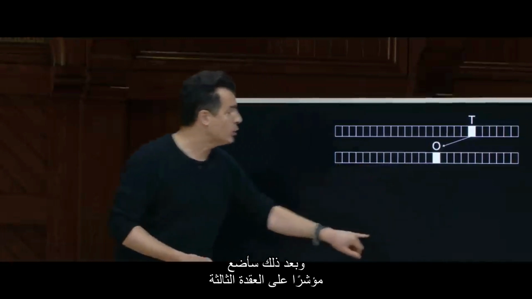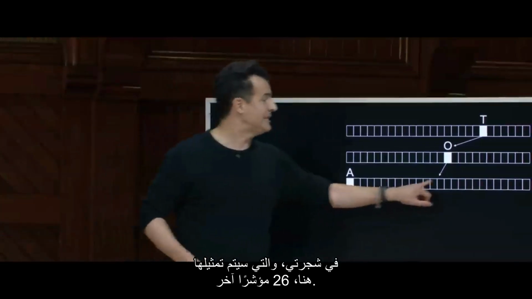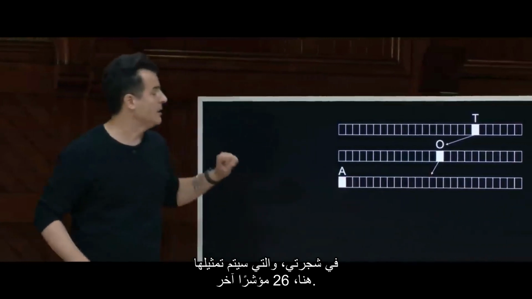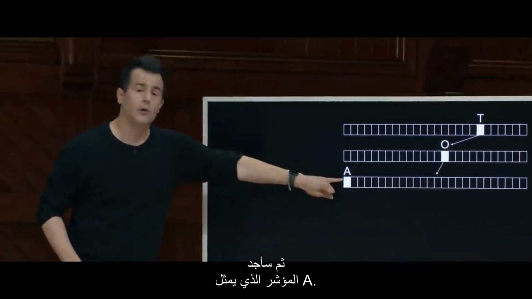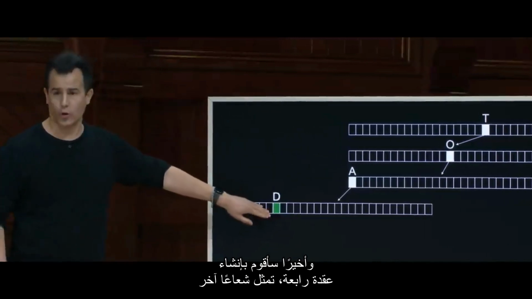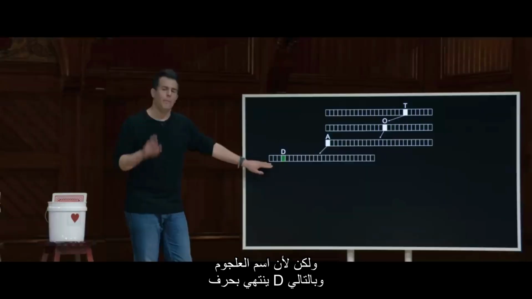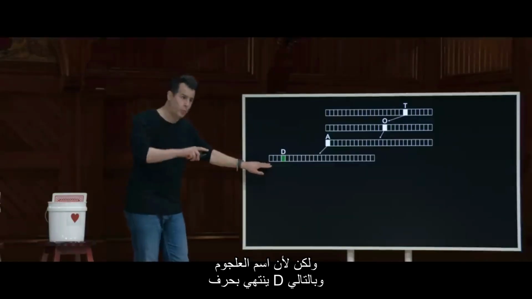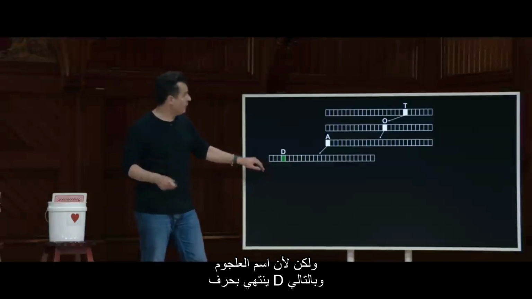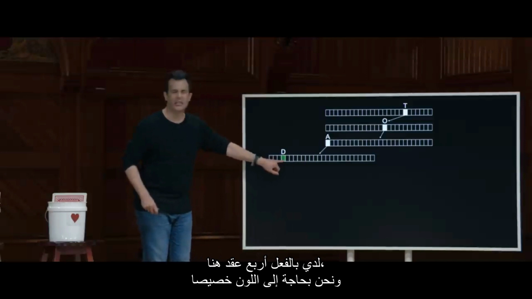And then I would set a pointer to a third node in my tree, which would be represented here. So another 26 pointers. Then I would find the pointer representing A. And I would create finally a fourth node, another array, representing the fourth letter of Toad's name. But because Toad's name ends with D, and therefore I already have 4 nodes here, we need to specially color,